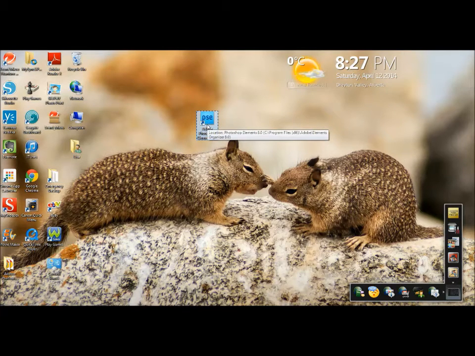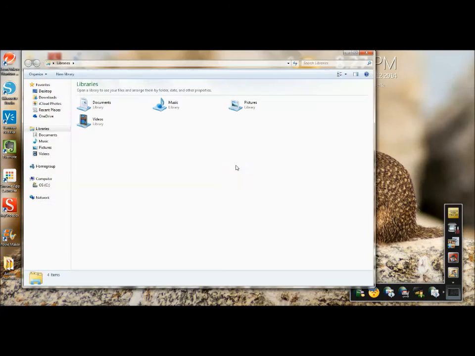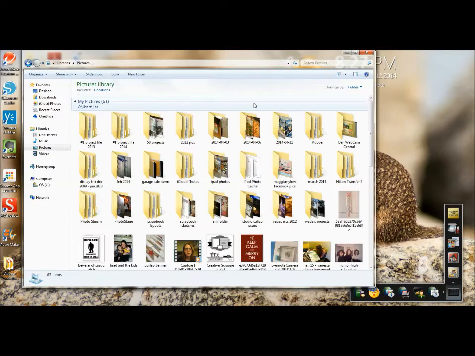have for right now. So I'm just going to get right into the basics of how I get set up for doing my photo editing. I'm going to show you my photo library. So I go into Pictures and you're going to see I have a couple of folders here and they all have